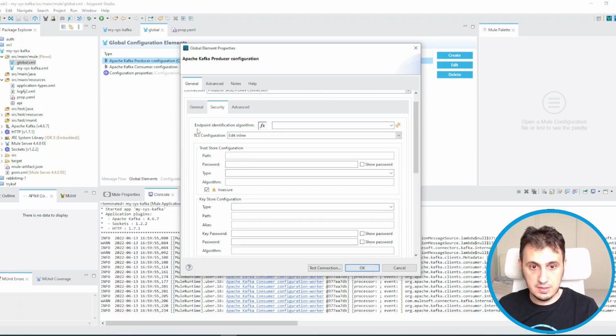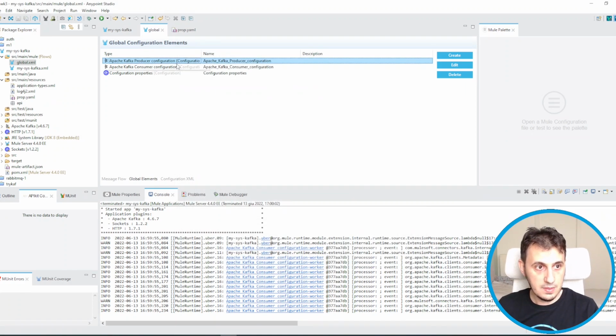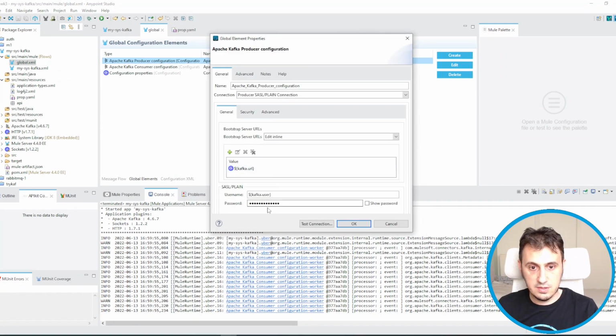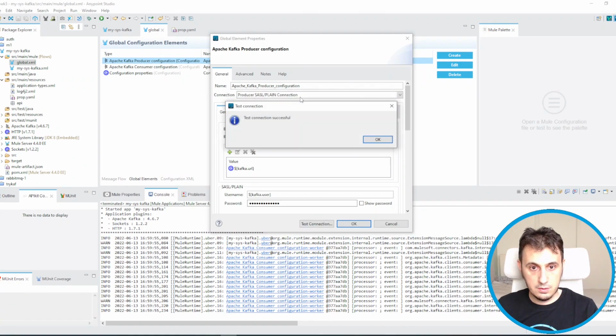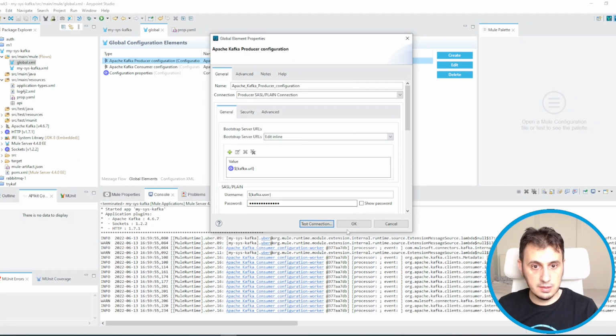But if you don't select any TLS configuration, it's important to check insecure in order to use the SSL. So let's check if everything is okay. Perfect. Now I am connected to the server.